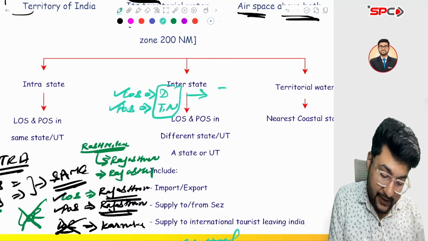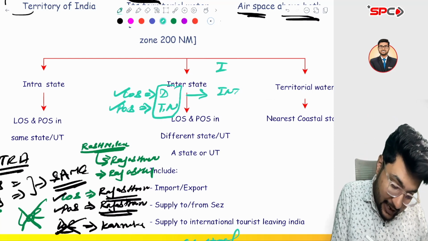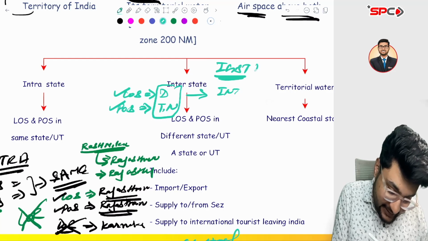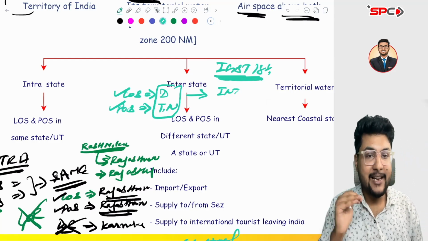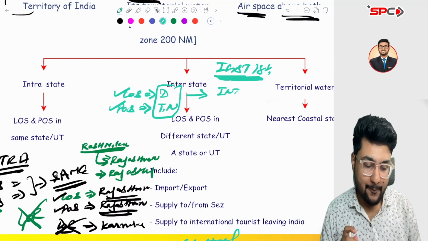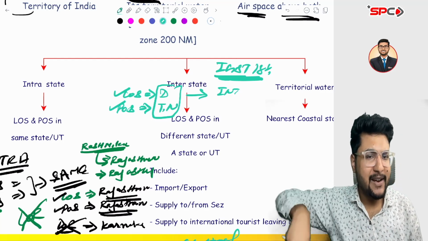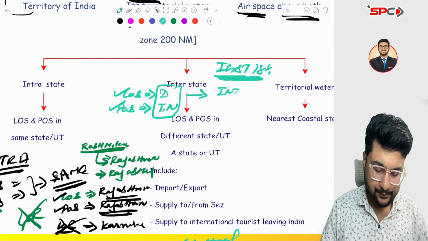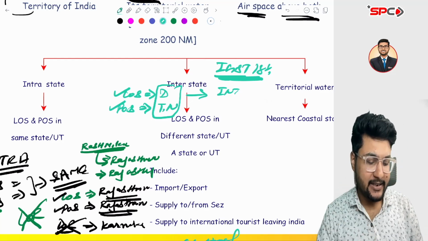It is a case of inter-state, and in inter-state the amount will be charged as IGST at 18% complete. Later the central government gives 50% to the state government through the back door. Was it clear?